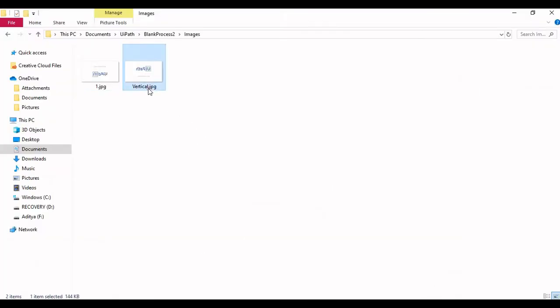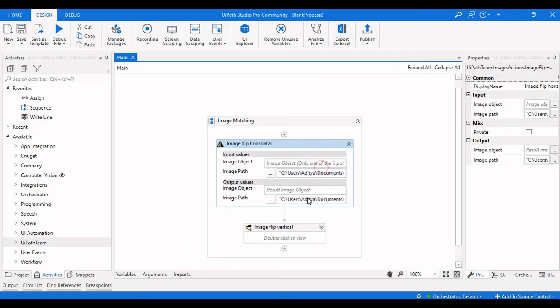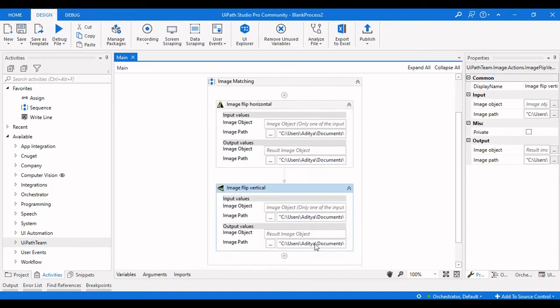We only got a vertical.jpg. So let me check this one, the horizontal, where it is vertical, and here it is one.jpg.